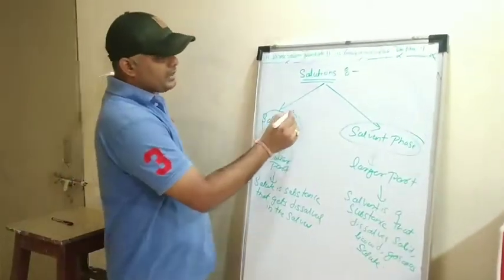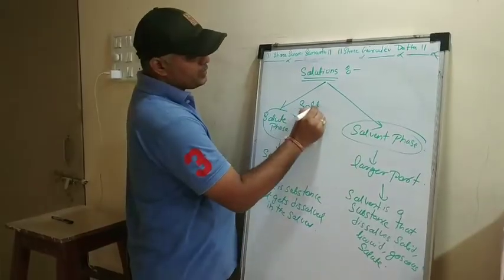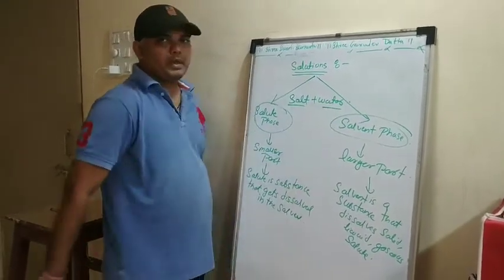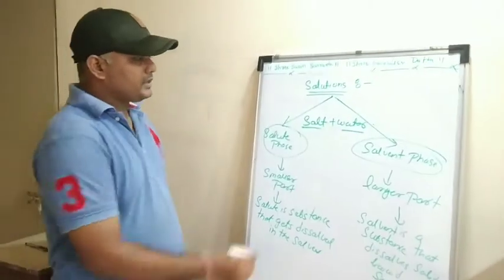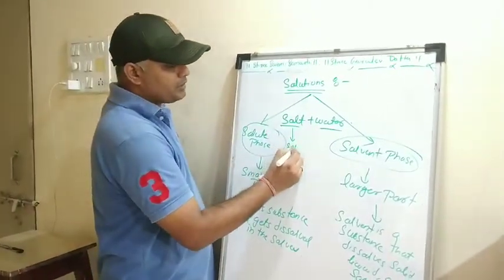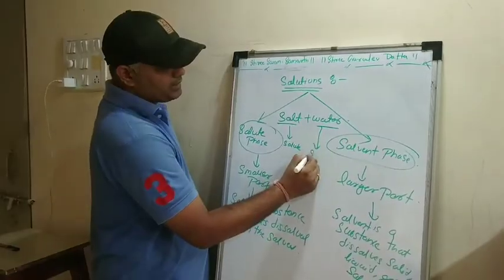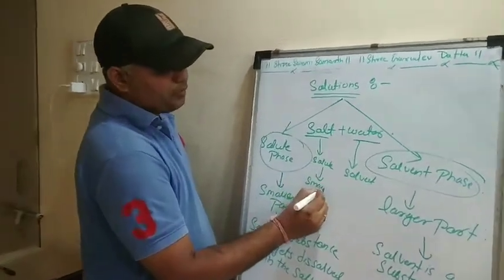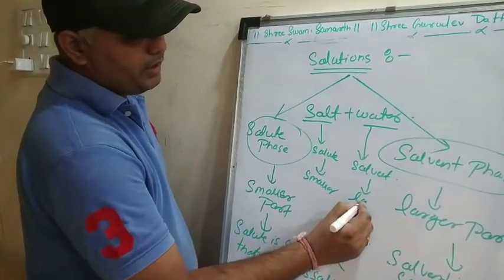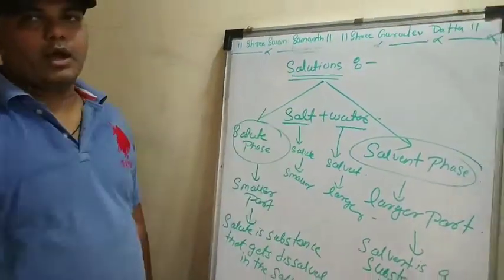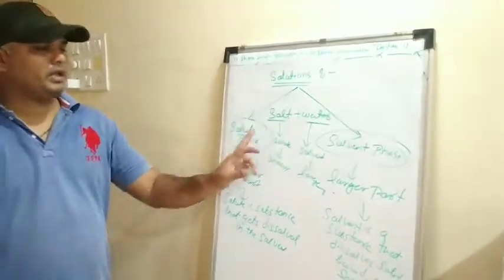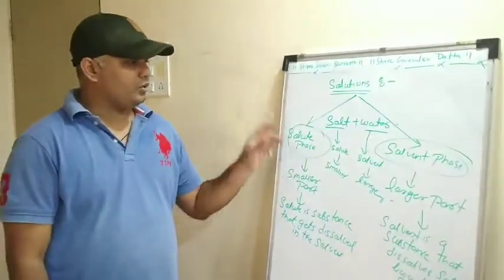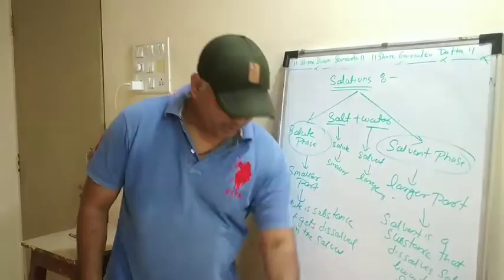Now what can be an example given? Salt plus water is the best example of this. We all know how to prepare the salt plus water solution. In this case, salt will act as the solute and water will act as the solvent, right? This will be taken always in a smaller quantity and this will be taken in a larger quantity. Now I hope that you have understood what is the solute and the solvent, right? So there are two phases present in the solution, that is the solute phase and the solvent phase.